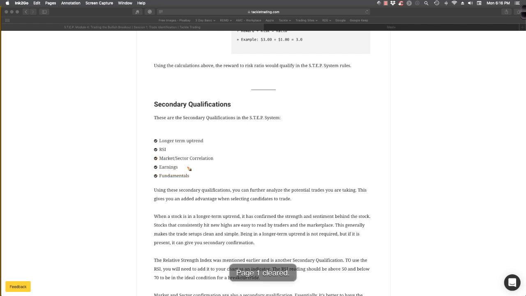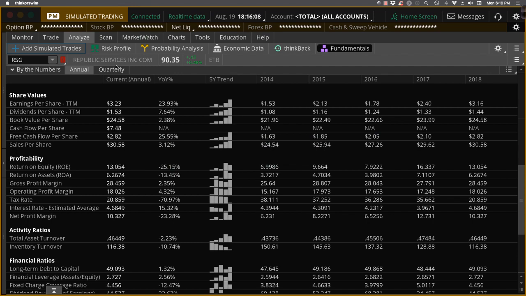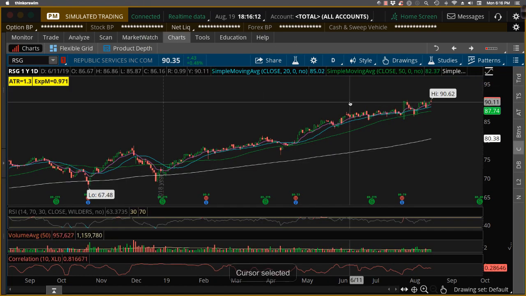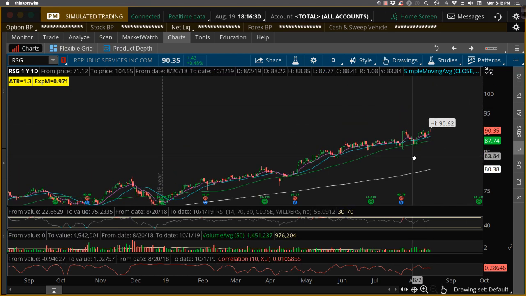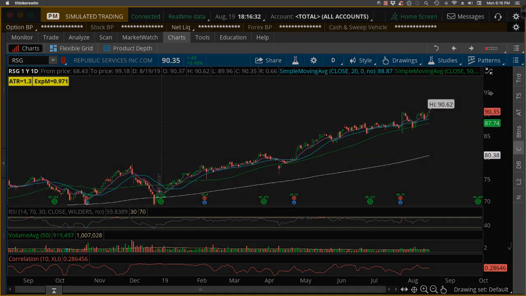So this kind of comes down to discretion whether or not I want to place the trade, and it comes down to those reward to risk ratios. The market's looking like it's in an uptrend, poised to break out, and the stock's poised to break out. If I don't like the trade, I'm not going to force it. You never force the trade. But if I'm still feeling like I've got a good chance of a breakout here, I'll probably just take a smaller position and use a trailing stop to reduce the risk. But that's what we're looking for, that secondary confirmation. And again, if it doesn't check enough boxes, you don't force the